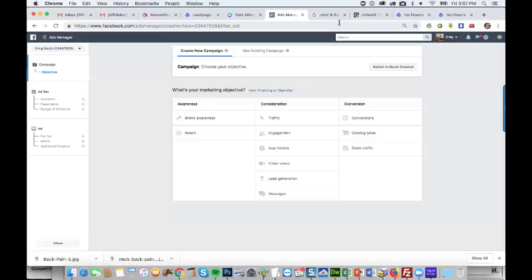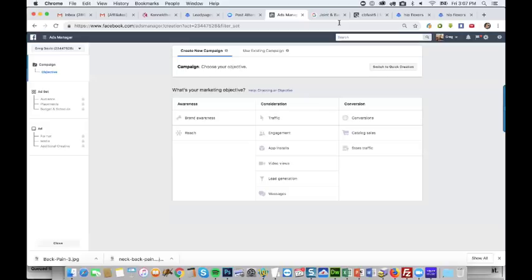A lot of times, I like to just start with automatic placements because that's what they like. I like to stick with how they like to start. Plus, with automatic placements, you'll be able to find placements that you didn't know would work. I have some stuff that ends up working on Audience Network or Messenger, so I like to start with everything. Also, desktop might work better than mobile or vice versa. This is the type of stuff you want to know. So before you break out your campaign to different placements, I just run automatic, so you run across everything.